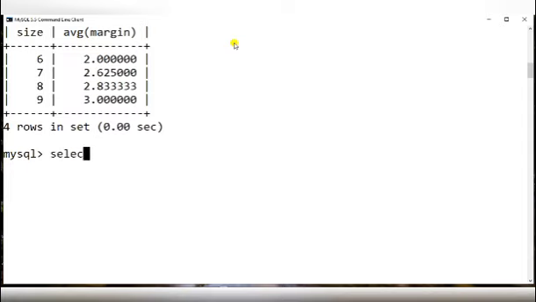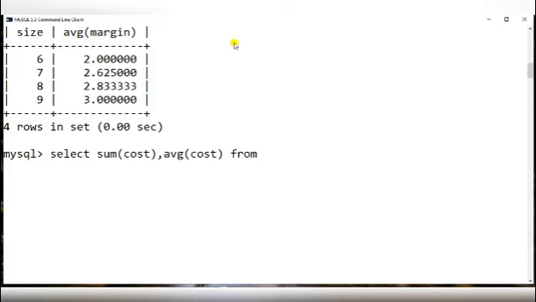So select sum cost, average cost from shoes group by name.